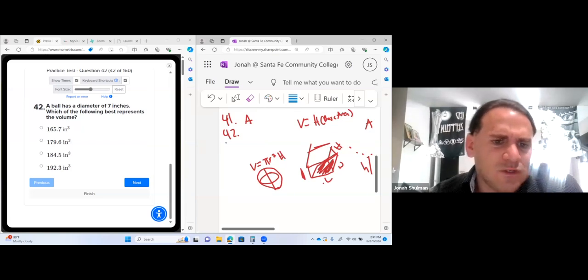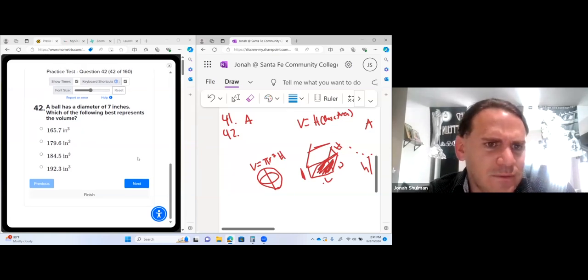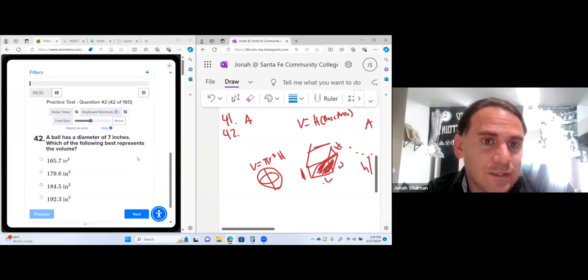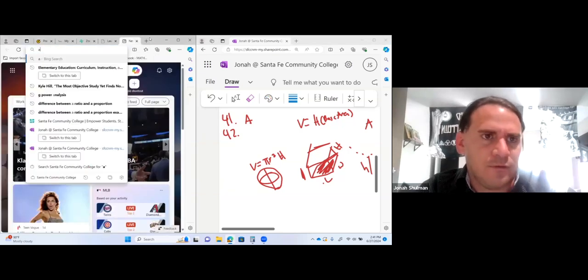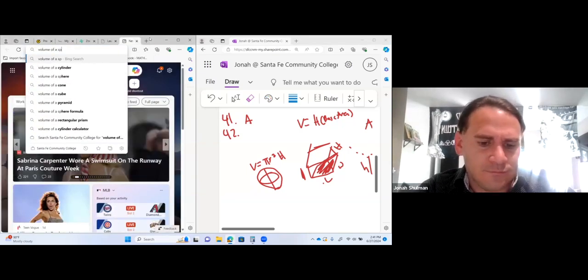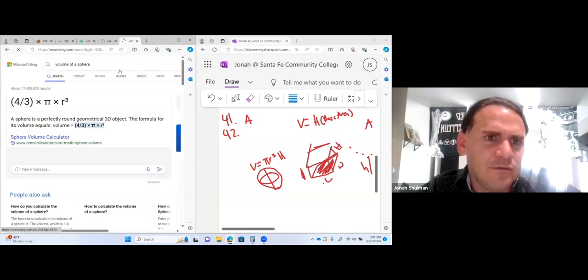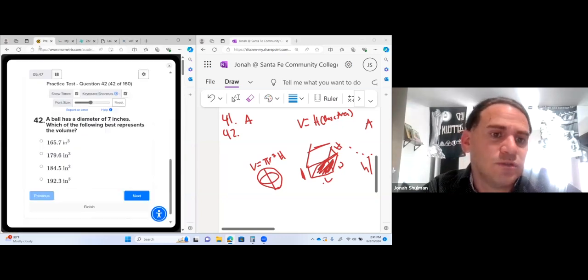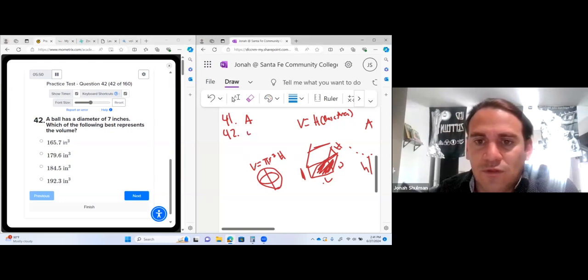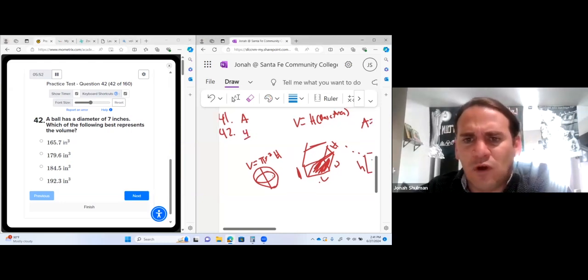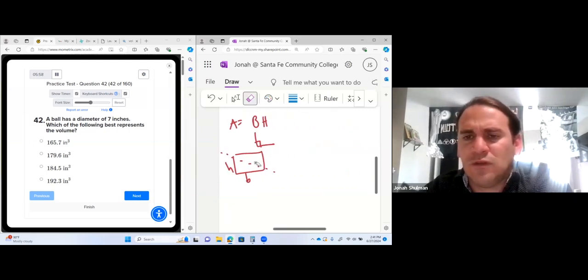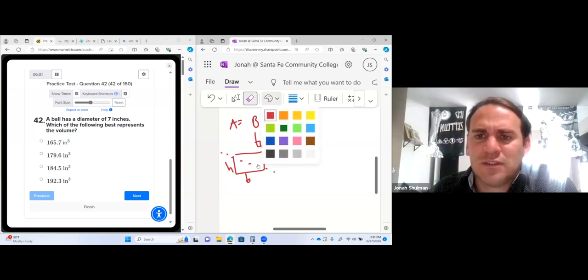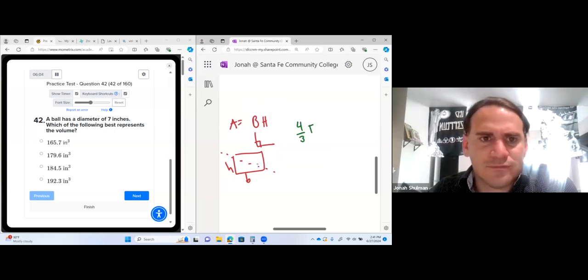So I believe there's a 4/3 here for it. I believe it's 4/3 pi r squared h. Yeah, it's actually 4/3 pi r cubed. All right, so we have this one, which is going to be 4/3. I want to leave all the answers on this line so I can check. So this one, I thought it was 4/3. Because it's a sphere, it's a little bit different: 4/3 pi r cubed.